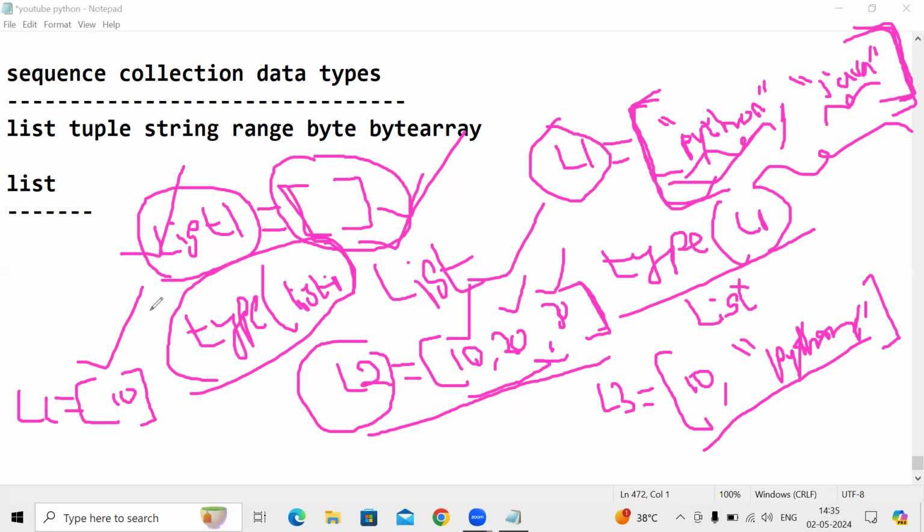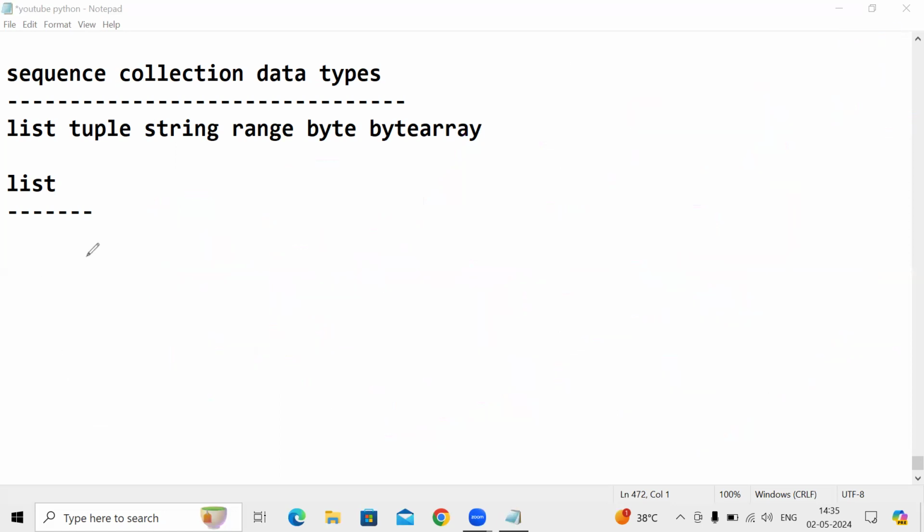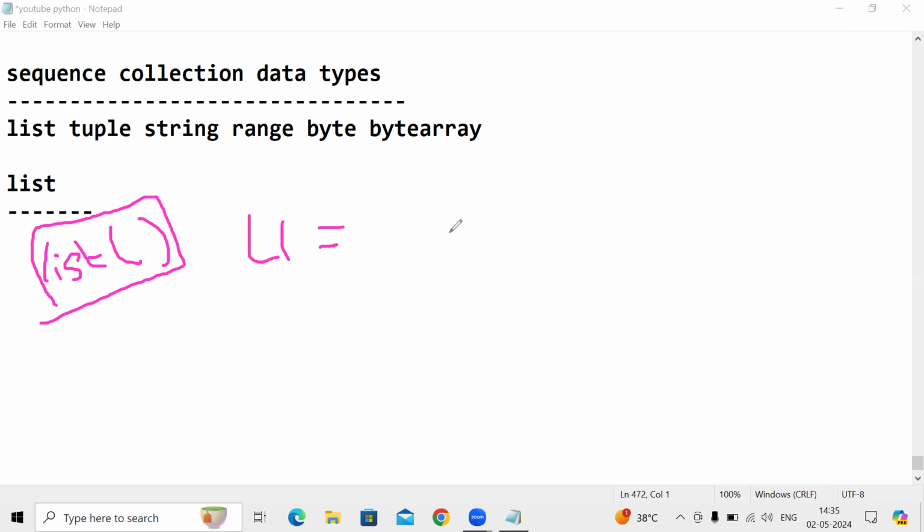Creating a list using the list function, guys. I hope you got it. Previously I mentioned that we can create a list by using the list function also. Now here, if you take L1 equal to list function,